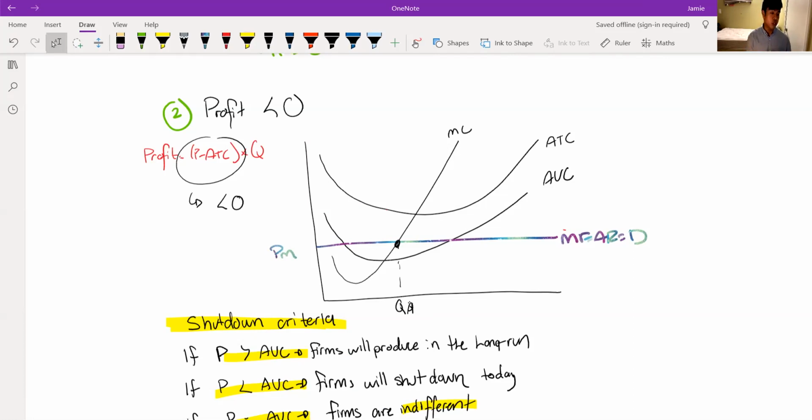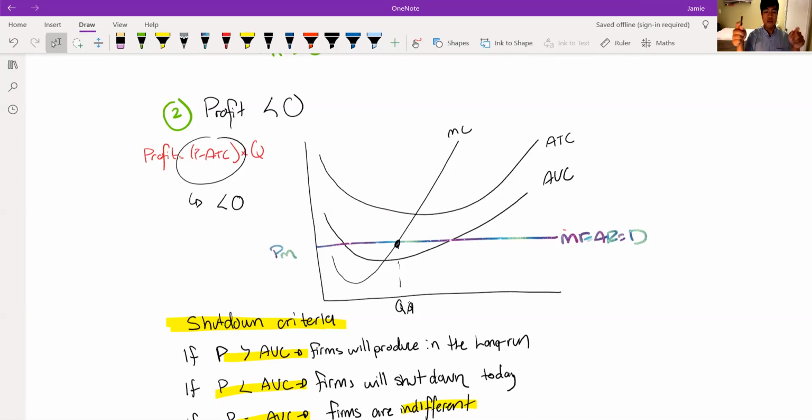For example, if I provide yoga services and I rent out a room for a 1-year lease, then I am obliged to pay rent for 1 year. So even if I'm making losses now, like the first month of my 12-month lease, and I decide to shut down now, that means I have to pay my rent still. So if my services can cover my variable costs, so my labor, and then some of my fixed costs, so my rent, then it would make sense for me to operate in the short run up until my lease is